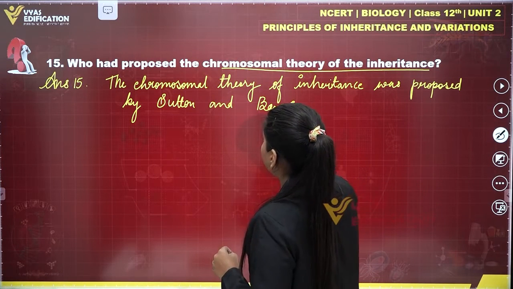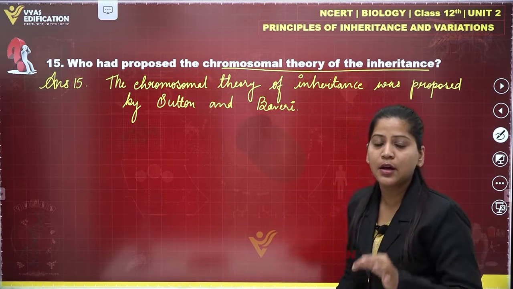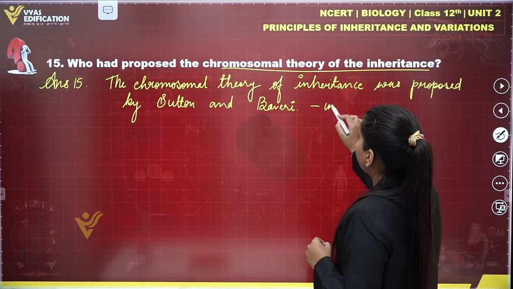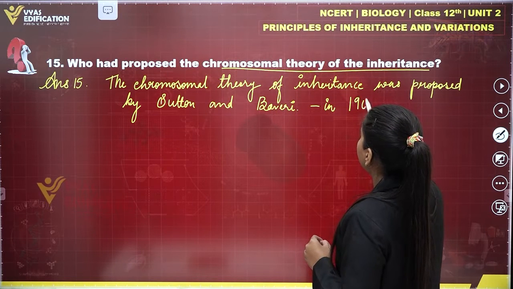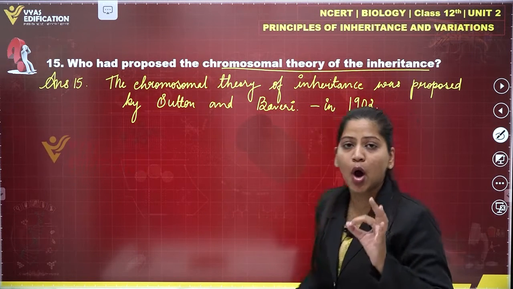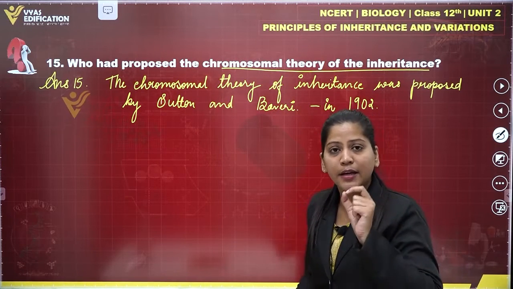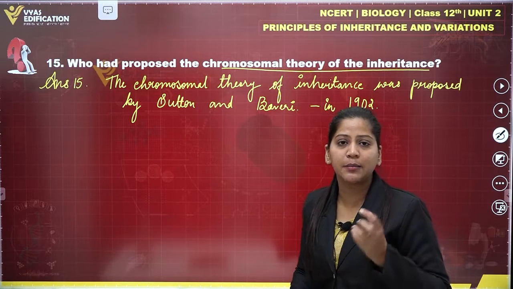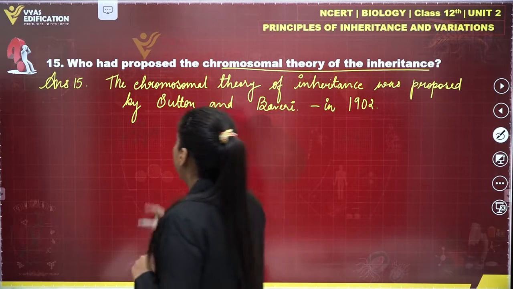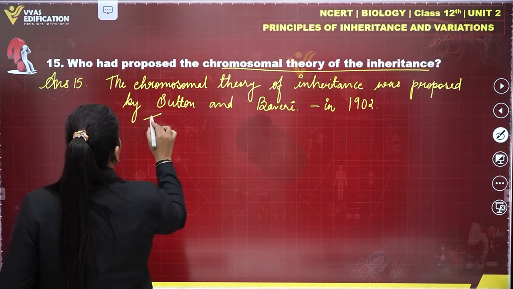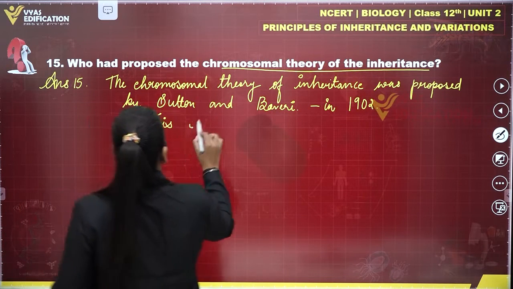Sutton and Boveri are the two scientists who proposed the chromosomal theory of inheritance in the year 1902, but they were not able to prove their theory of chromosomal inheritance. It was proved by another scientist named T.H. Morgan. They were not able to prove their theory. According to this theory,